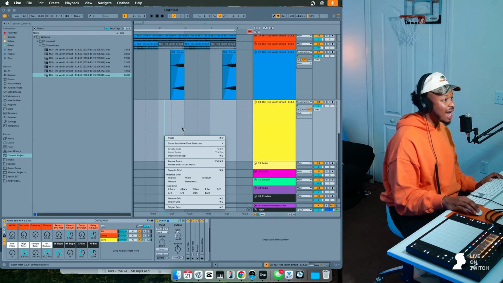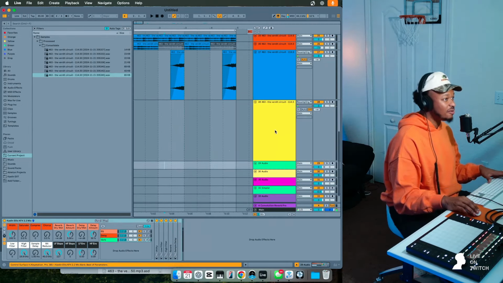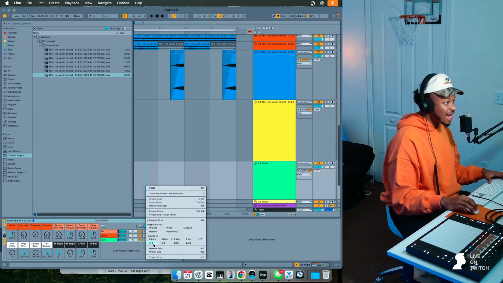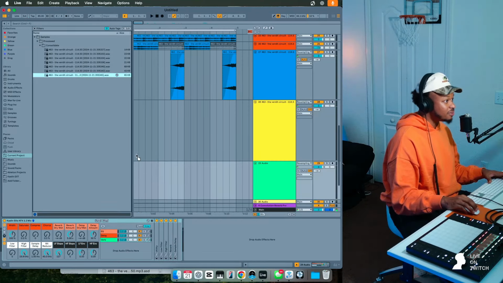Crazy, right? Now I can just go back over here and just start adding stuff in and allow my imagination to go wild. So yeah, that is how you can chop up and flip samples.